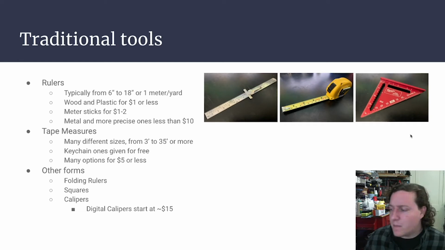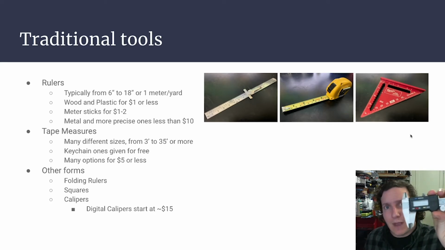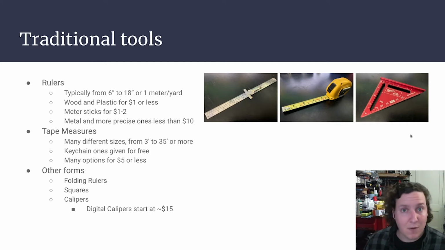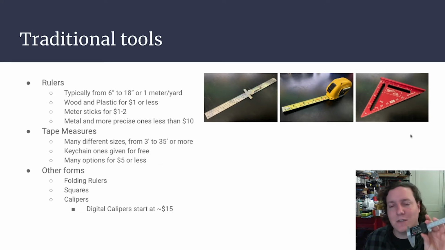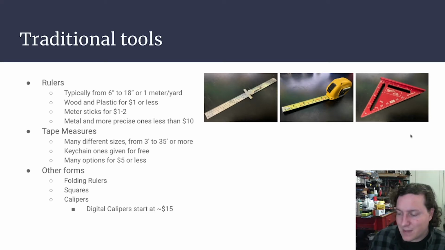So the only other one that we don't necessarily have shown on screen, but that we're going to be using a little bit, is the digital caliper. You guys may remember dial calipers from some of the other classes that I've taught, but digital calipers are relatively inexpensive. You can get them for about $15 or $20 from a few places that carry these things, Harbor Freight, Amazon, some of the other hardware stores. The digital calipers definitely keep up with some of the accuracy and precision that we want. But again,